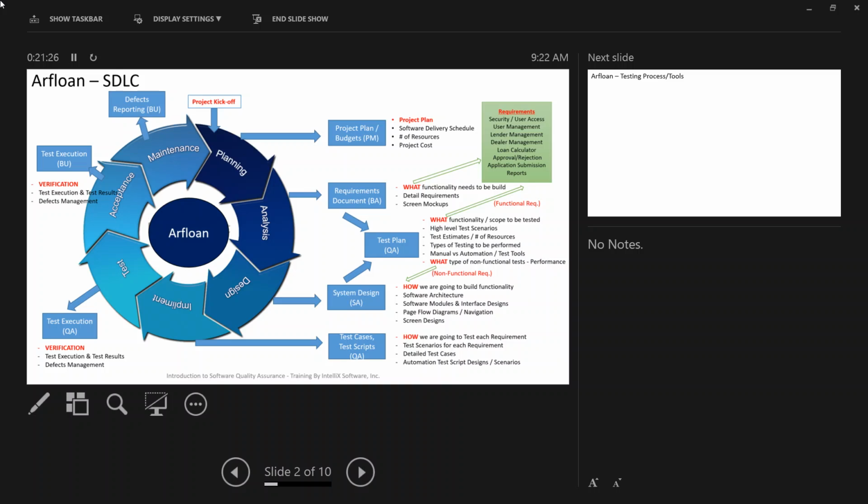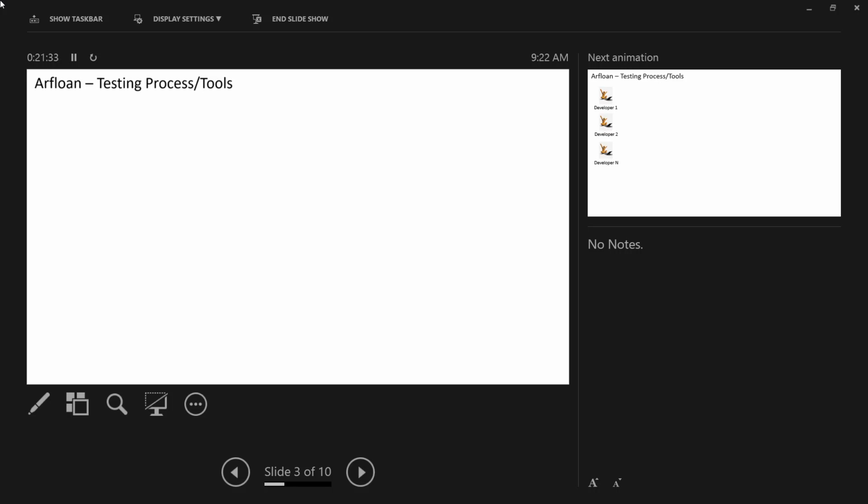Any other questions? All right, so now we are talking about tools, right? What tools and what technologies you use. Before we do that, let's understand one more thing. I think Dilip touched on this a little bit earlier, but I'm going to review one more time because you guys need to understand this process as well.